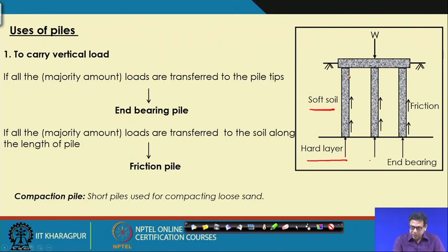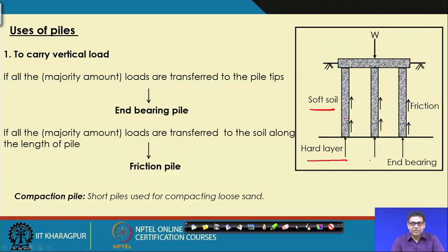Now, if I apply the load on the pile, then this pile will deform through the soil. That deformation depends on the type of soil, but when you apply the load, the resistance the pile will get is from the tip. This is called the tip or base. So, this is the bearing, and another one, it will get the resistance by the friction between the pile surface and the soil. So, this is the friction and this is the bearing.